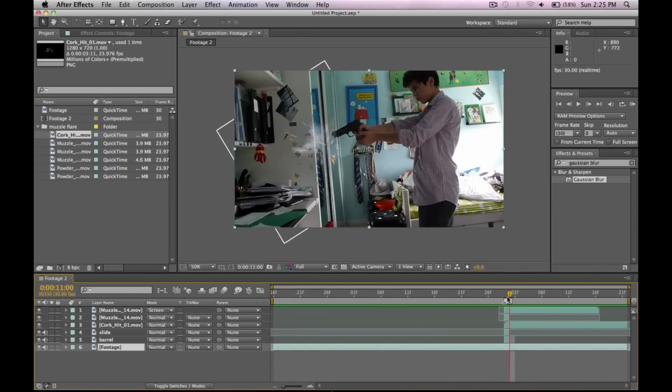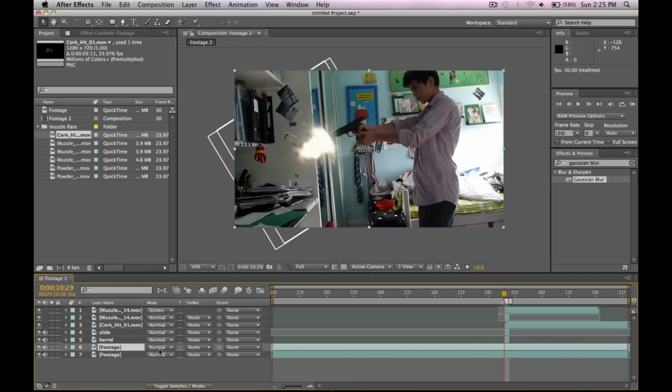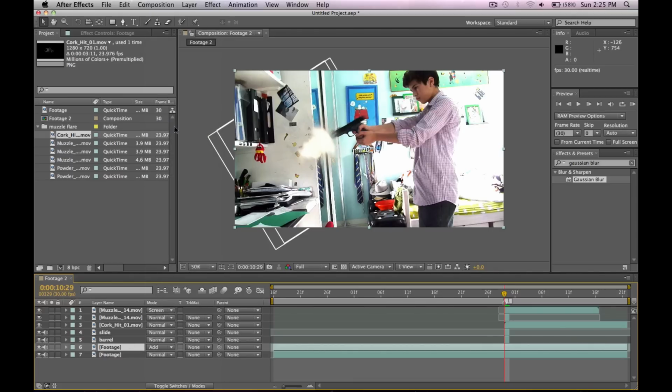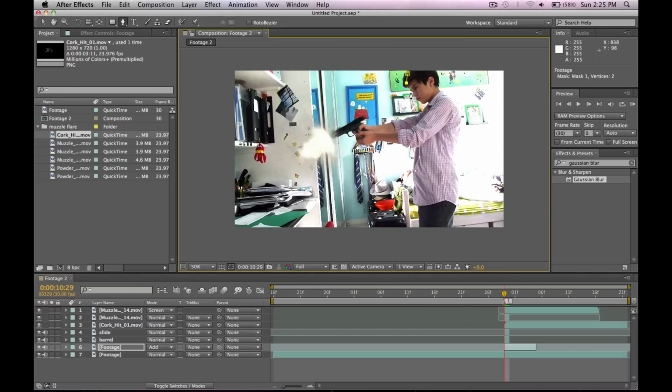And now what we're going to do is we're going to add the glows. That will be cast. You have glow on his face and here, etc. So we're just going to take our footage. We're going to hit Command D, and we're just going to set it to add, which is going to lighten up everything. Then we're going to trim it too, because you don't need to have it here because there's no gunshot, and we can just trim it. So here, I'm just going to take the pen tool, and we're going to draw out the parts that will be affected